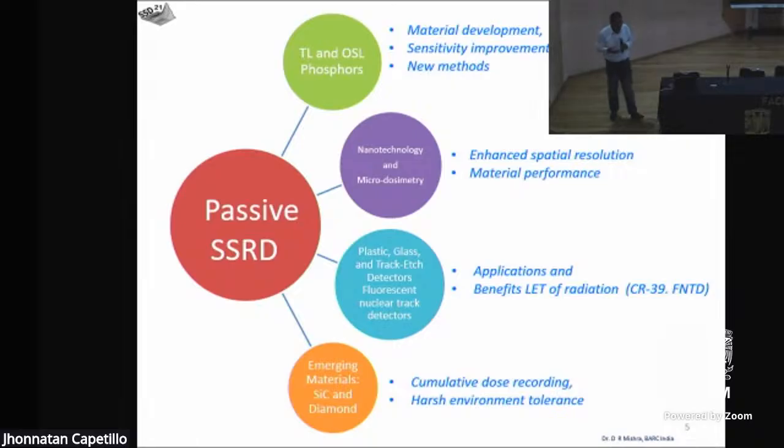What happens when you go to nanoscale? Certain band gaps, wave functions. As you saw this morning, the wave function itself is a sandwich between two vectors. There's a tunneling probability. There's overlapping of wave functions. They are not far away from each other. So localized recombinations and luminescence characteristics are entirely different.